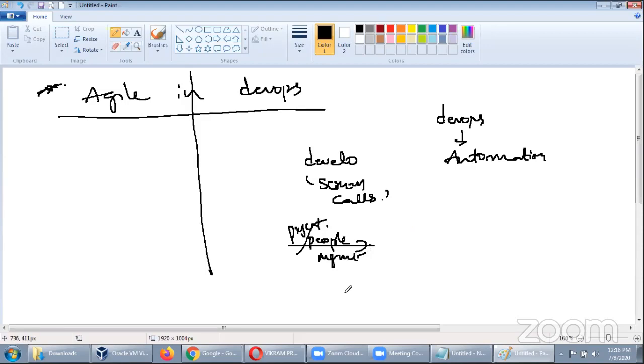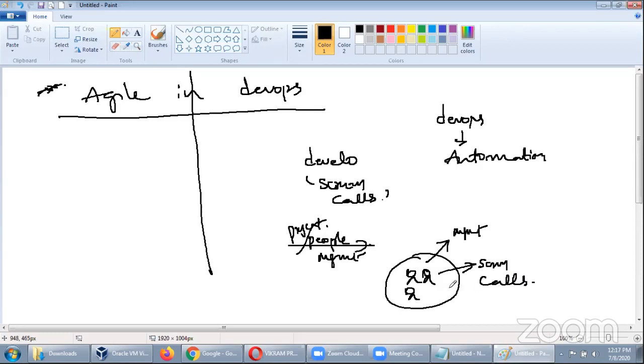Every day in your team you will have a call with your management on how the work is going. We call that a Scrum call. It's like a tracker every day. Yes, it is also called a stand-up call. Correct, but technically the word is Scrum call. In India we call it daily stand-up, but the technical word is Scrum call.